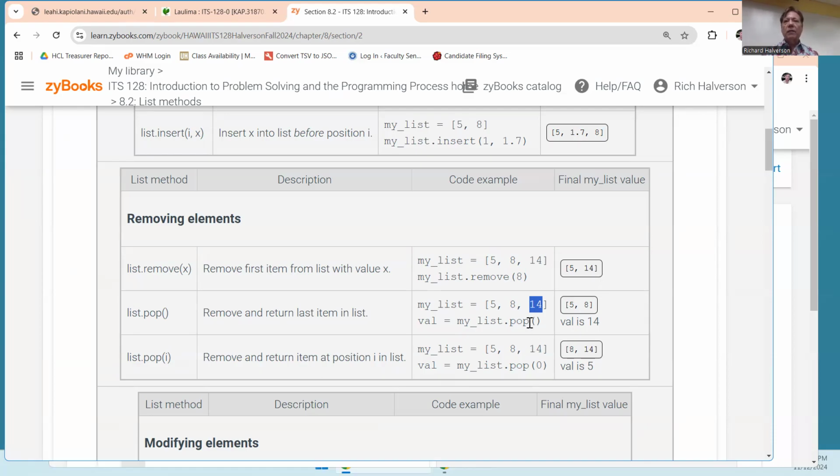But you might not want the last element. You might want some other element that's not the last element, and there you can put in an argument of which one you want. And then it'll shift all the items. So if you pop off the first item in the list, in other words, if you treat it like a